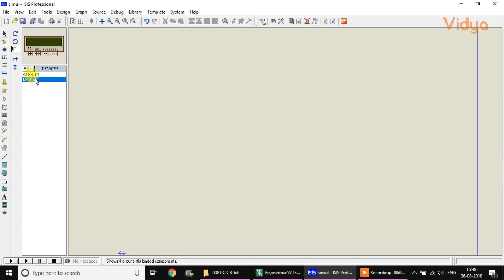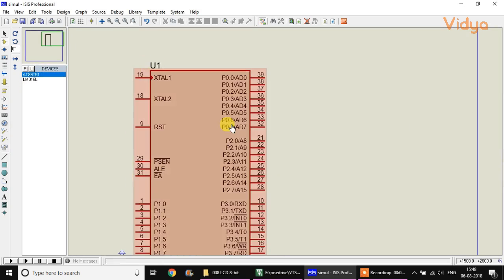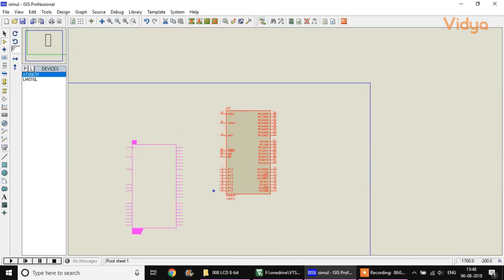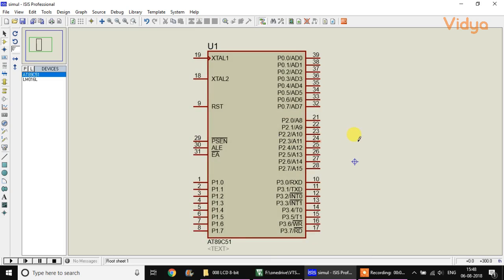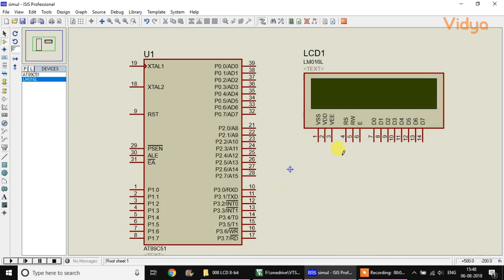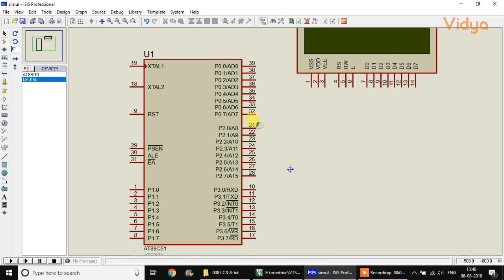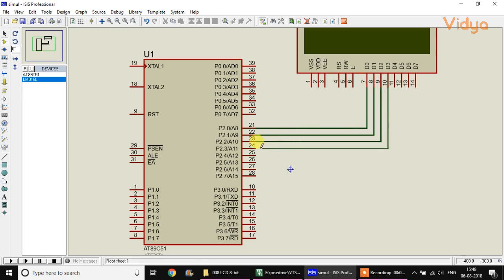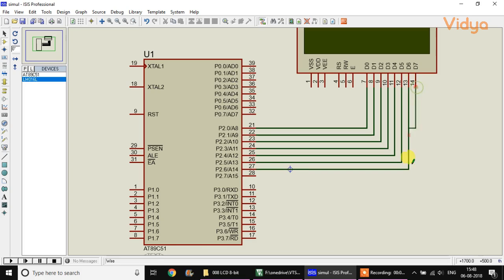Remember, in simulation environment, you don't need to connect a crystal here. In Proteus environment, a crystal is not needed. So this is the 8051 IC which we will interface with this LCD display. Now let's connect port 2's pin number 0 to D0, 2.1 to D1 and so on for all the 8 pins of the port with the LCD. In our program, we must hence write down port 2 as our data port for interfacing with the LCD.